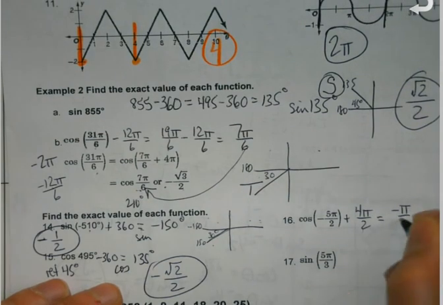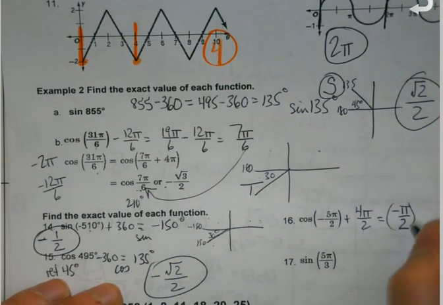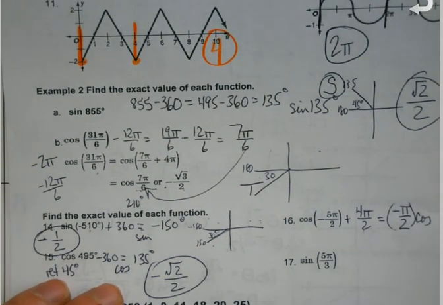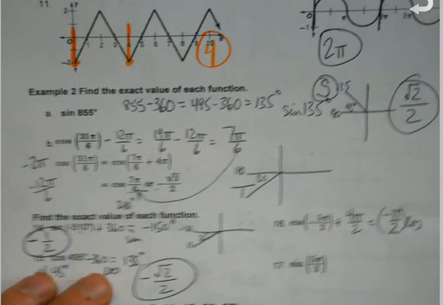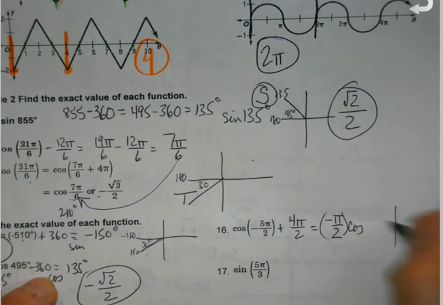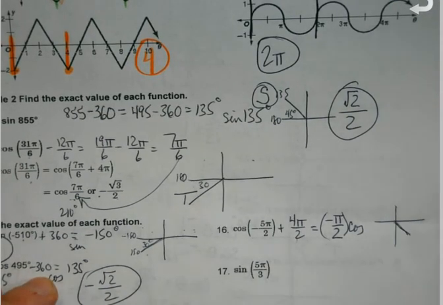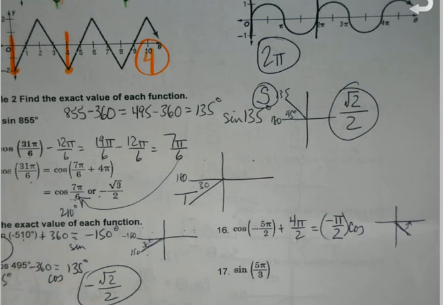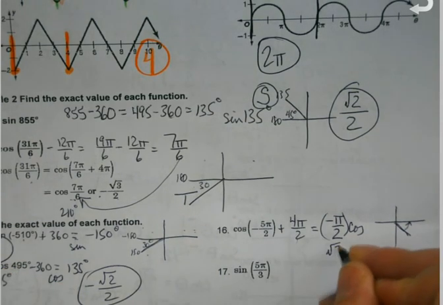So negative pi over 2 is what I'm looking for the cosine of. Negative 45, that makes a difference, remember, because negative 45 will come down here. My reference angle will still be 45. So the cosine of 45